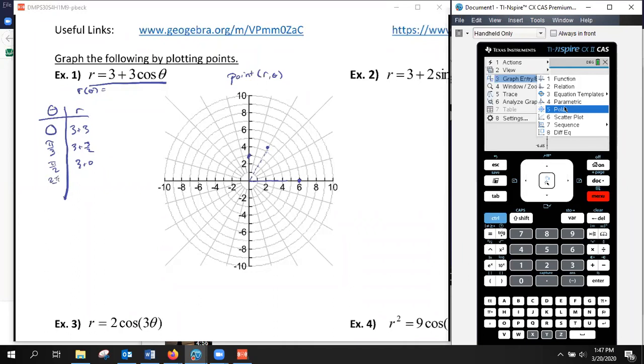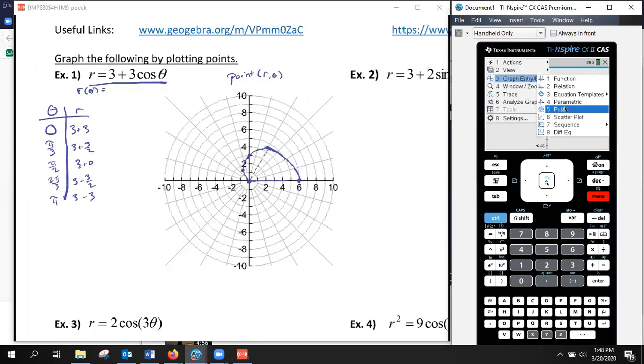At 2 pi over 3, it'll be 3 minus 3/2, which would be 1.5. And then at pi, we will have 3 minus 3, which would be 0. So for all of you out there, if we connect, and I really should connect from theta equaling 0, just so we can see how this is generated, what we can see is this is the top half of a limaçon. Sorry, this is a cardioid, although a cardioid is a special case of a